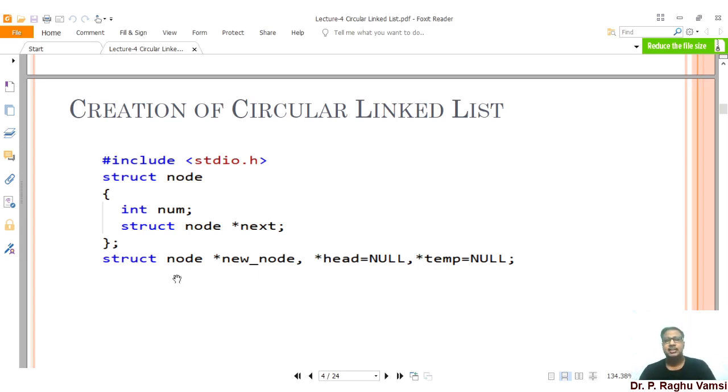In the circular linked list, if the programmer feels that they are ending up in an infinite loop, they need to remember a node address, which is called a sentinel node, so that if they end up in a circular infinite loop, they can come back to the sentinel node and iterate again.